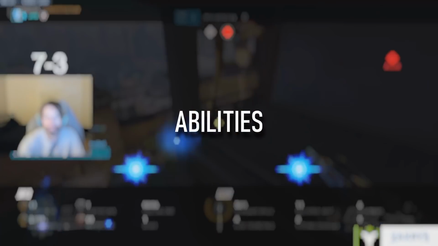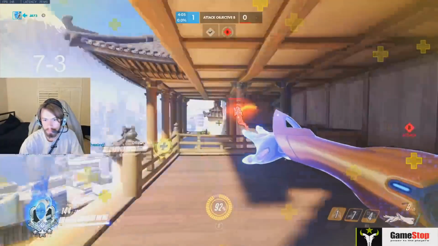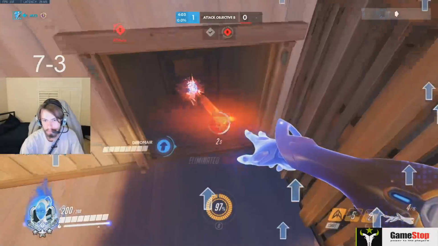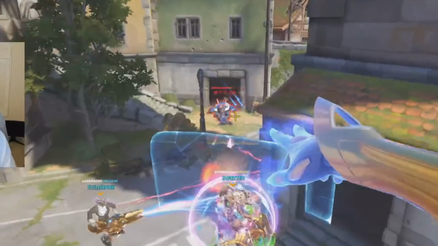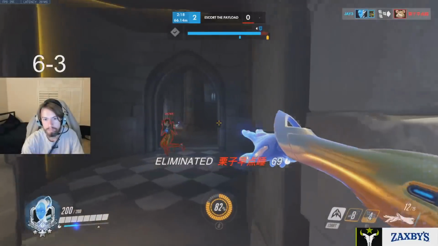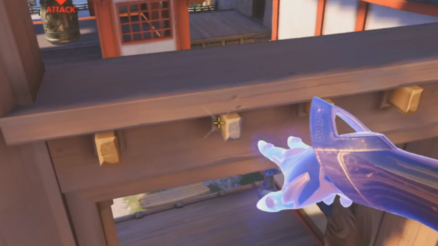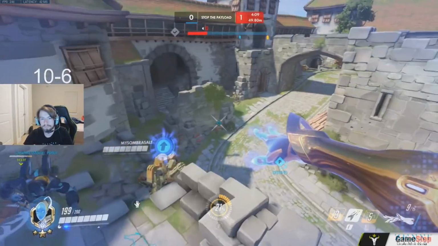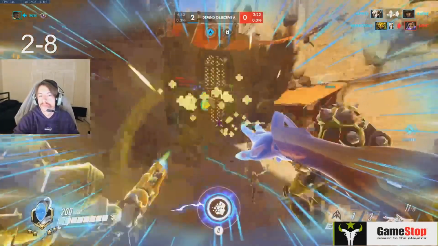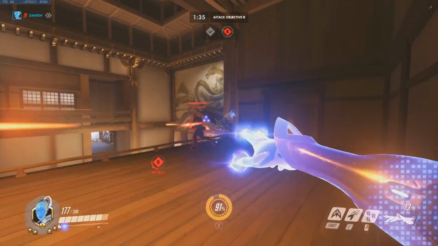Echo's abilities, burst combos, and cooldown usage. The primary fire is very versatile and can be used in a lot of different ways. You can spam chokes at range, poke out tanks, take duels, break shields, and a lot more. It excels in a lot of ways, and once you get more familiar with the projectile, it becomes a very good weapon. If you want to be as accurate as possible, make sure you tap primary fire every shot rather